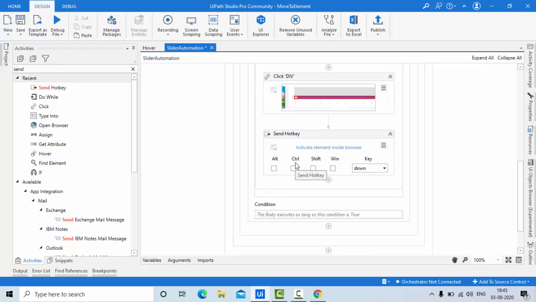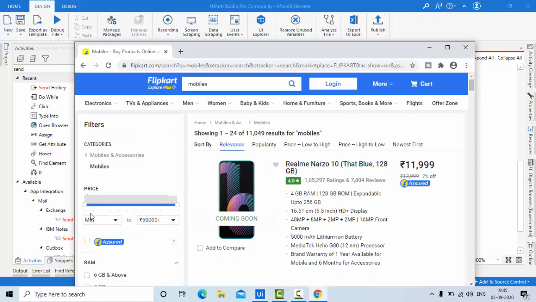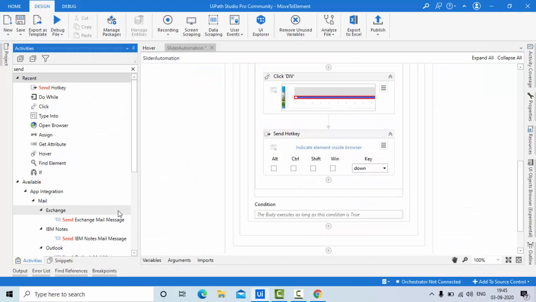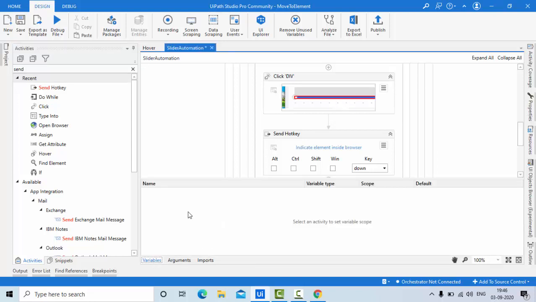Then how many times do you want to do it? Actually, this one I am doing with down, right? That performance we can do with a click also. Let's try that at the end of this. First, let me implement this. I'm not sure whether I'll get that or not.